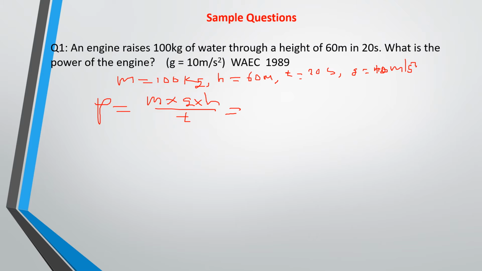Alright, so what you need to do now is just to substitute your values. Substitute what you are given. So you have 100 times 10 multiplied by 60 all over 20 seconds. By the time you cancel all this out, you are going to have power to be equal to what? 3,000 watts,